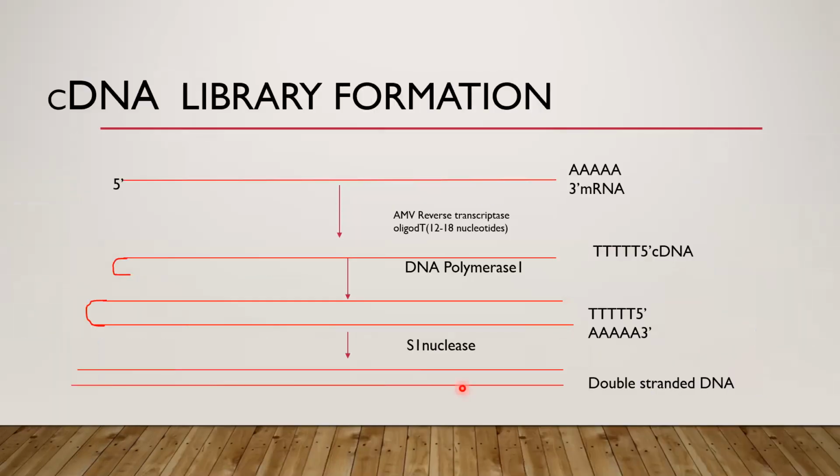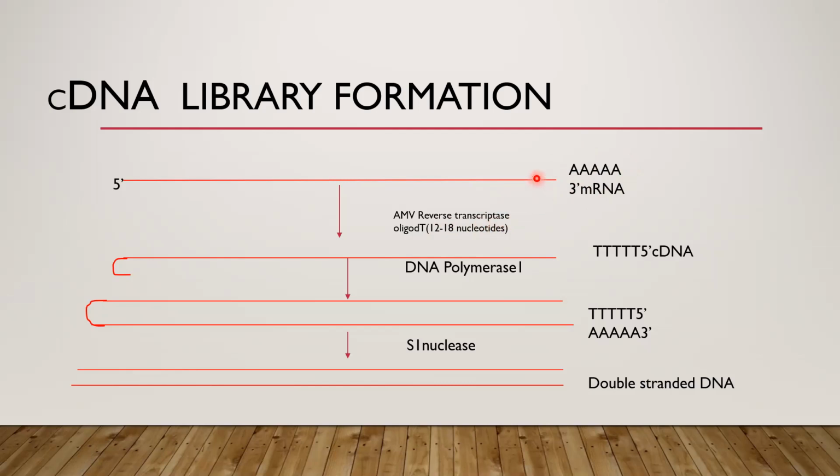So what is the exact procedure for the formation of complementary DNA library? Now this is the messenger RNA whose structure we have already studied, that this will have a 5' end, and this will be the 3' end, and this is the poly A tail part, which also helps in extraction of the messenger RNA from the total RNA. Now here we will use a primer. Primer is just a small segment of DNA having certain base pairs from where DNA synthesis will start. And this will be done with the help of reverse transcriptase.